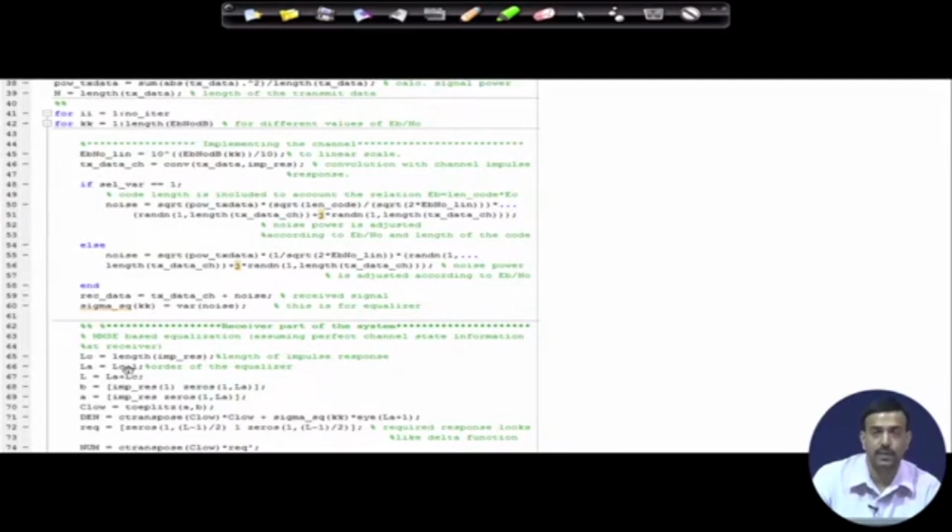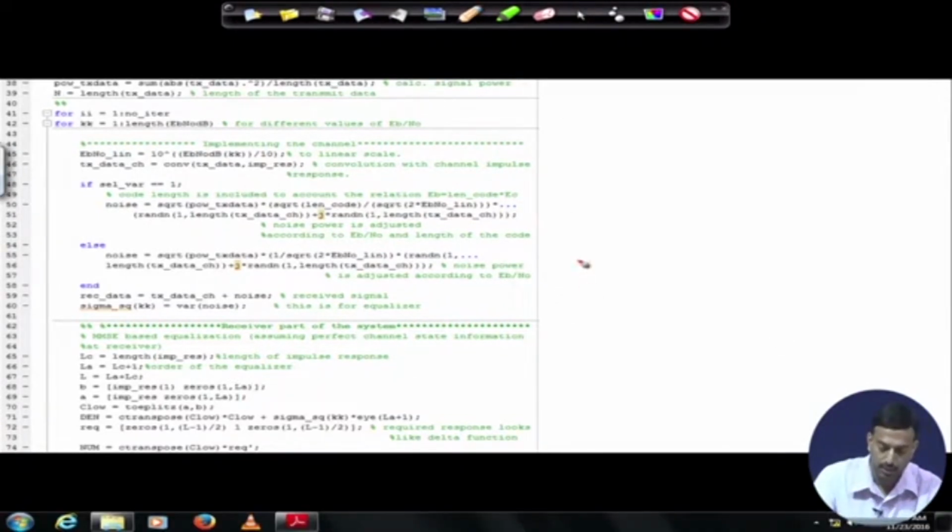Other than that, we need to specify the length of the equalizer in terms of its order or the number of taps. So normally we would choose the number of taps greater than the number of samples that we have for the impulse response. That is what is chosen over here, in line number 66. You could increase this length and see the effect of equalization. I will cut it short and advise you to kindly go through this implementation of this equalizer by reading the theory from the book